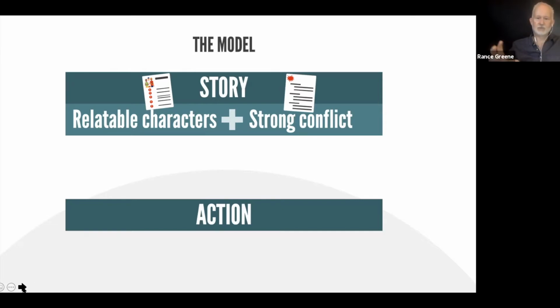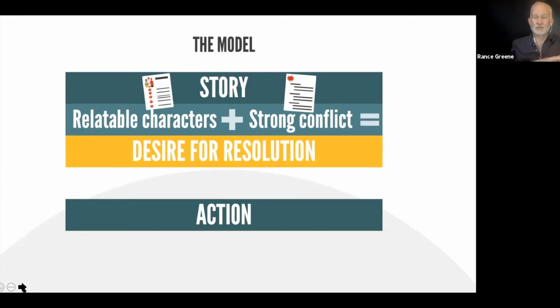But what happens when we put these relatable characters into strong conflict is that something happens inside the learner where all of a sudden they have a desire for resolution. And that's where they want to be. And that's where we want them to be too. Because once they have that desire for resolution, then they're open, they're ready, they're with you, they're 100% ready to go on this journey with you, on this